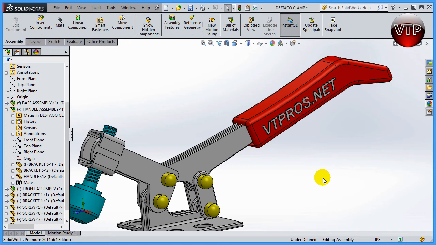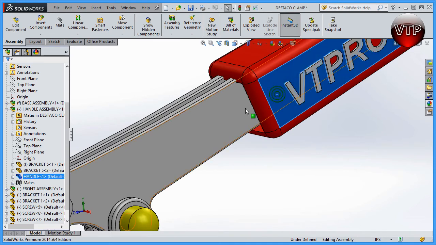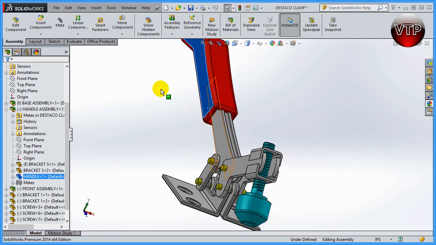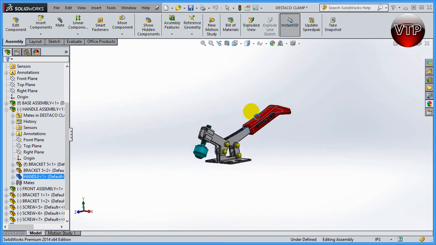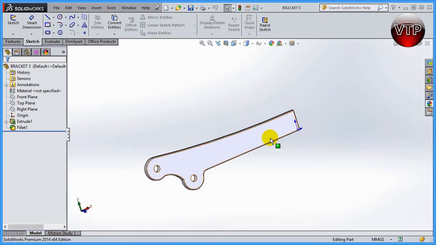its own. For example, if I give you this handle right here, say I want to place a through hole right here that's going to go through this plastic, this bracket, and then come out of that hole right here. Well, one way to do so, if you all remember, is just to come over here and click on each part, open it up, sketch the circle, do an extrude cut, and then go back over here and it